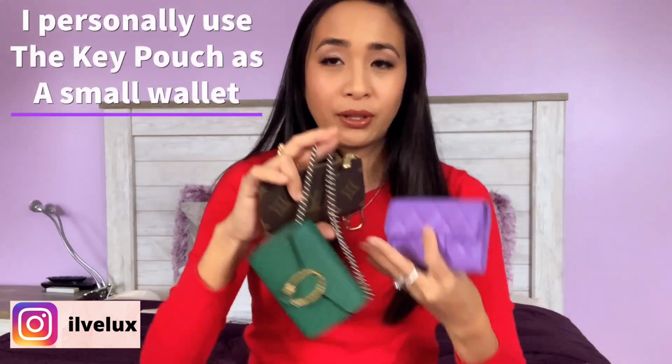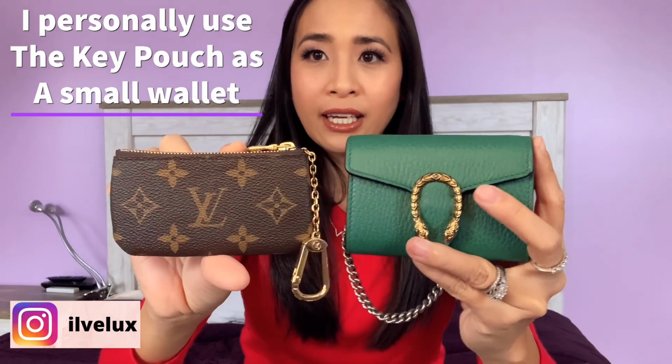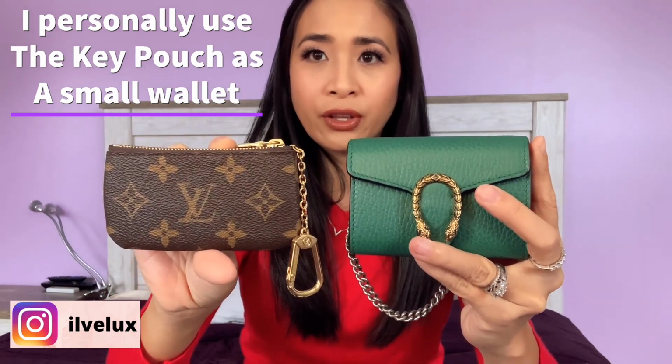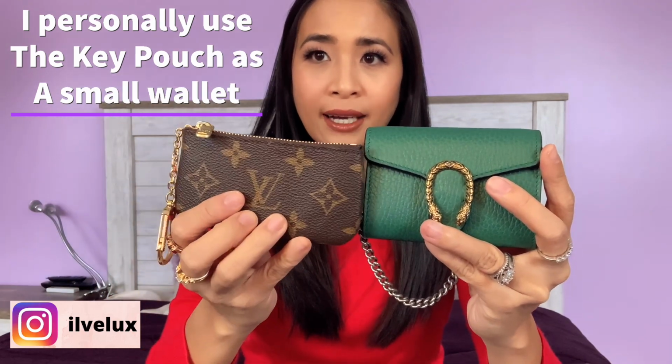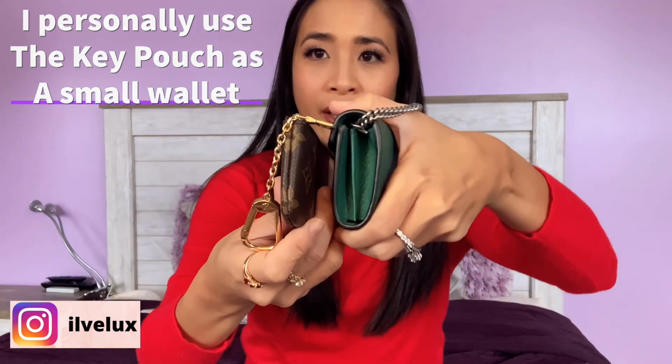So the other one that I wanted to pull out as far as SLGs and card holders and stuff like that is the Louis Vuitton key pouch. So this one is much thinner, but kind of longer in terms of the width of the actual bag, the SLG. And the side profile, you can see that this one is much thinner. So let's see how many cards we can fit in this one before we...